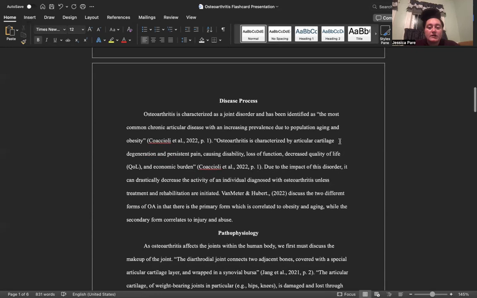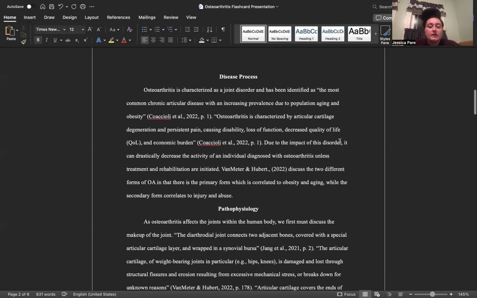So we're going to start with the disease process. Osteoarthritis is characterized as a joint disorder and has been identified as the most common chronic articular disease with an increasing prevalence due to the population aging and obesity. Osteoarthritis is characterized by articular cartilage degeneration and persistent pain, causing disability, loss of function, decreased quality of life, and economic burden. Due to the impact of this disorder, it can drastically decrease the activity of an individual diagnosed with osteoarthritis unless treatment and